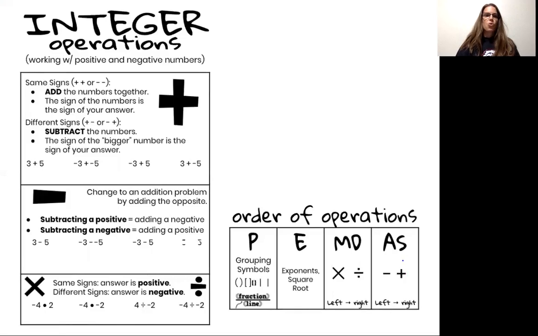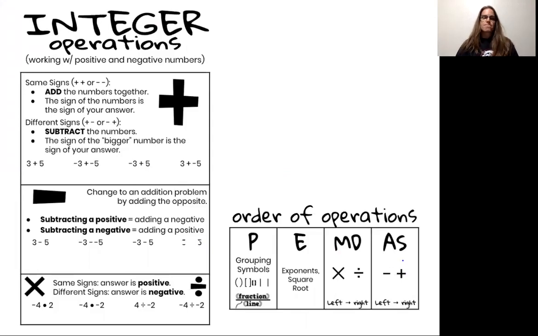Integer operations, or working with positive and negative numbers. Integers are our whole numbers, 0, 1, 2, 3, and their opposites, -1, -2, -3. I am hopeful that you are super comfortable with integer operations, having practiced them a lot in 8th grade math